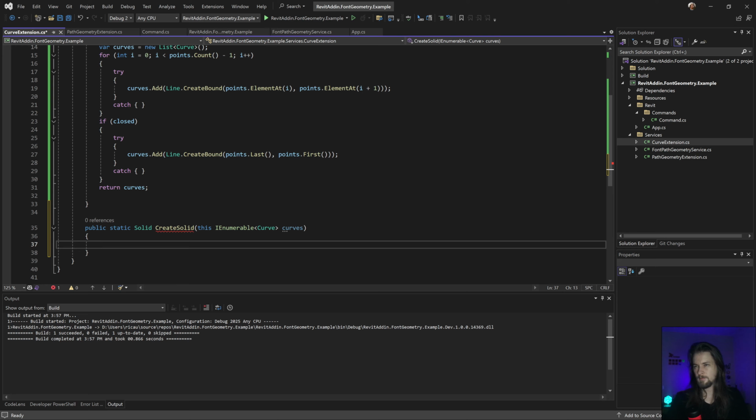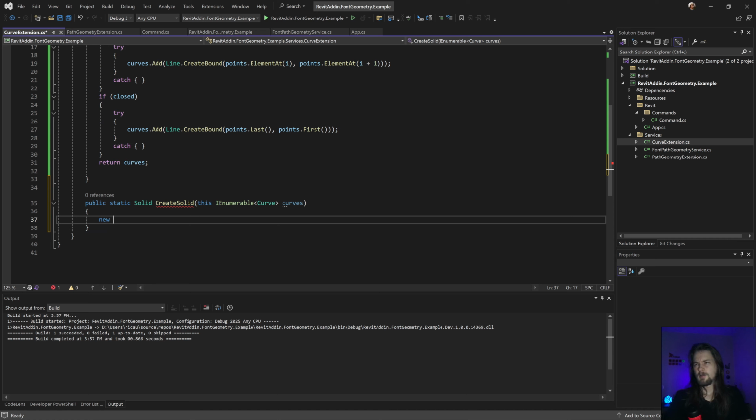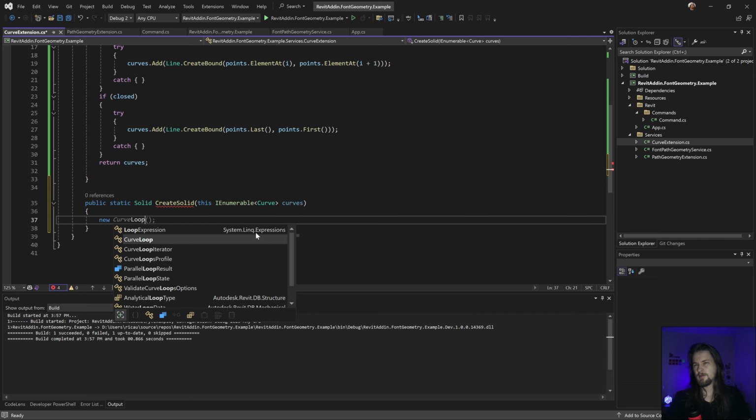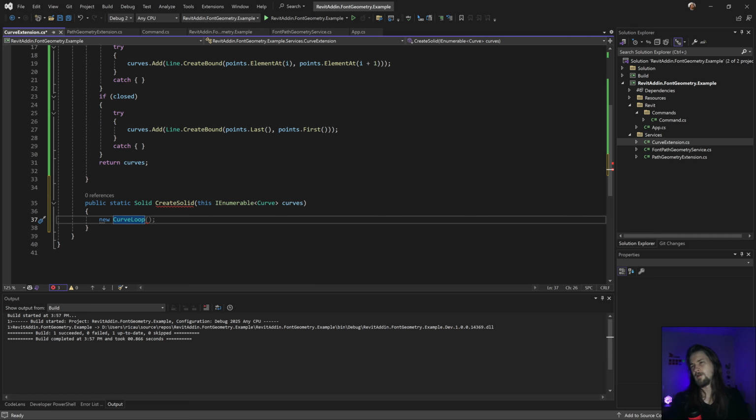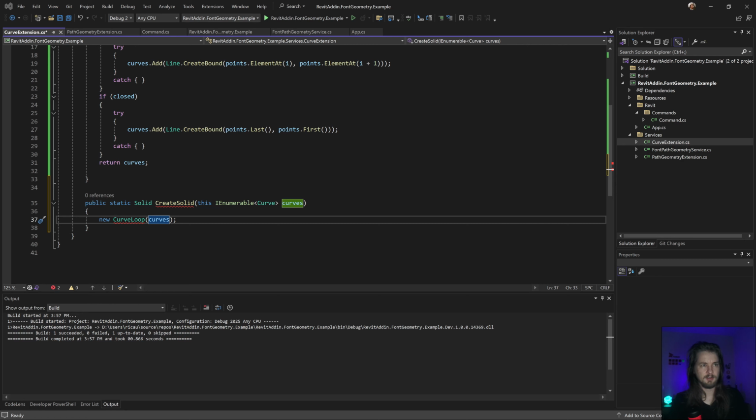And what I need is, let me think, loop, curve loops. Yeah. That's right. Let me see what I did in the other project. Just to not forget, but I'm pretty sure I did something like that.